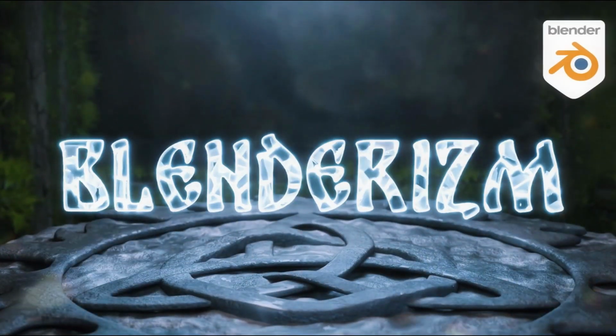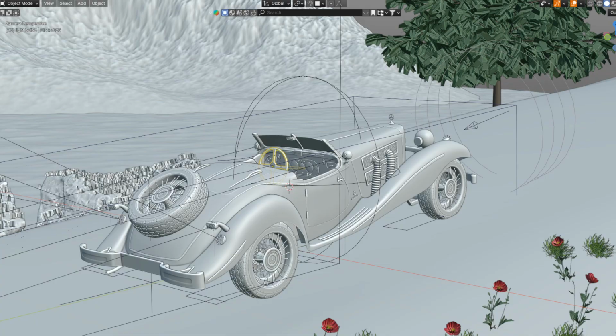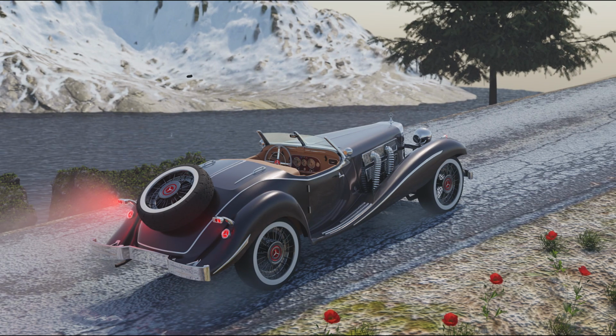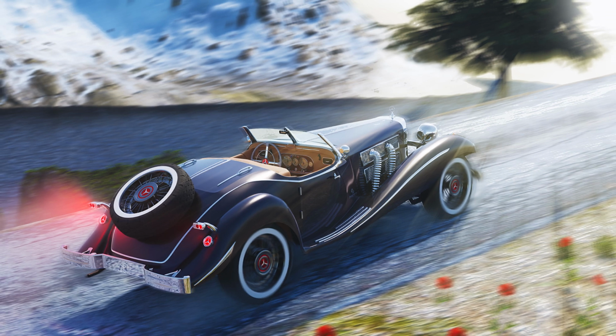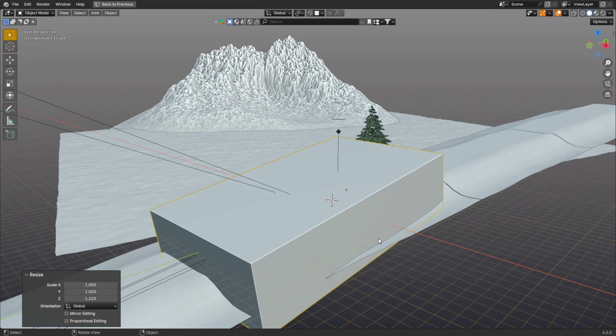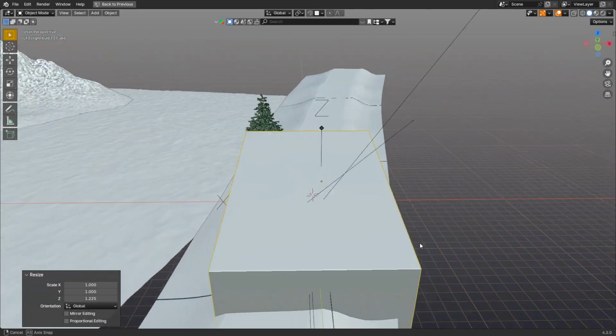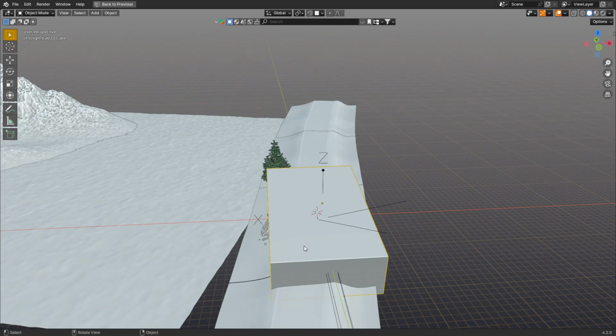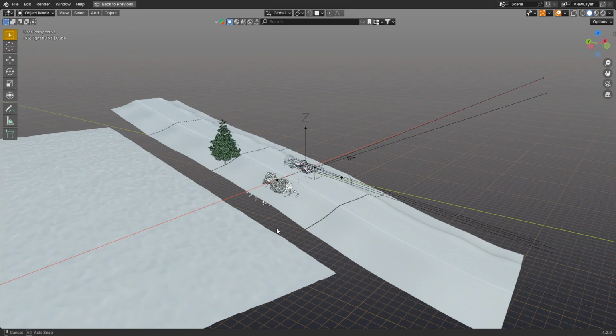I am glad to welcome you to another episode, in which I will show you how to go from the first image from the viewport, to the second image of the render, and then to the third image in Photoshop. And so if you switch to viewport mode, then the scene in general looks like this. I can hide the cube with fog so that the car is visible. Well, let's start to analyze in turn what my scene consists of.